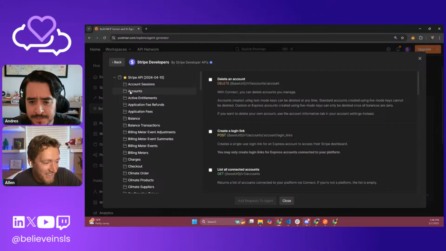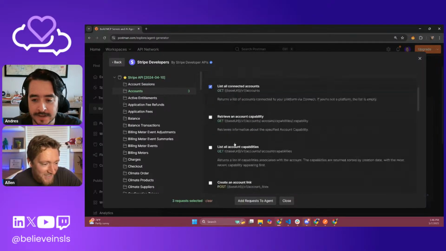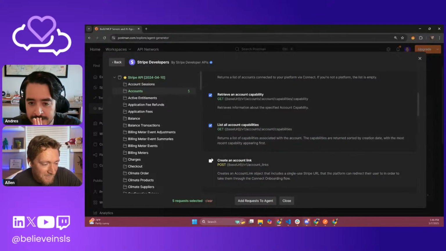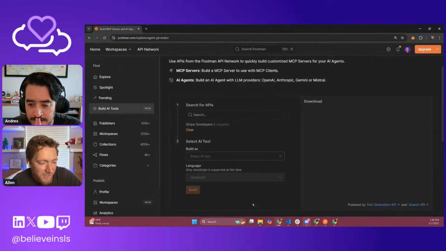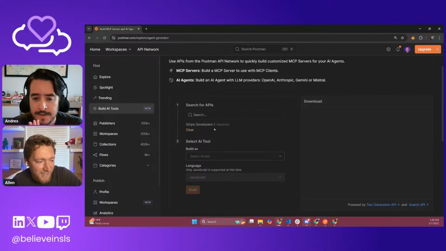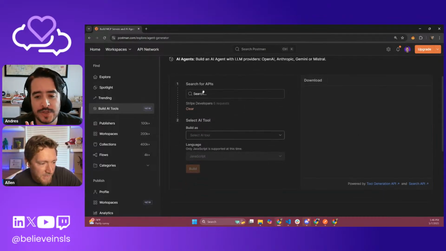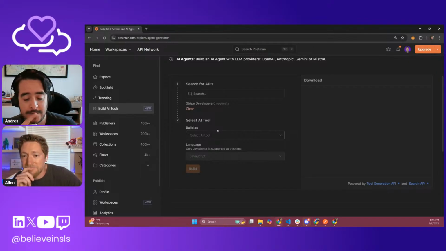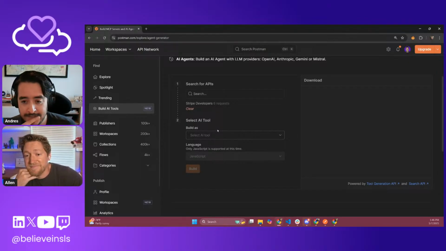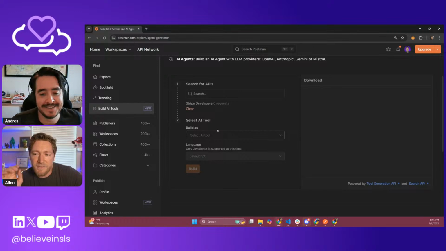Okay. So let's just say accounts. Let's select which accounts. Okay, let's just do the first 6. Add requests to agent. So basically we can do what we did manually for the Garden API or the Garden MCP server. Now, what's the difference here?